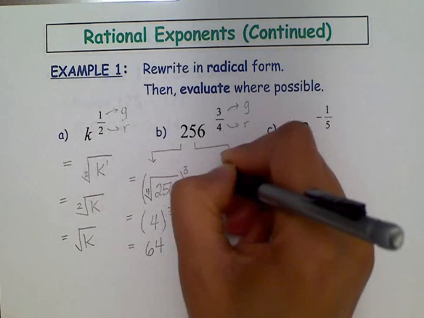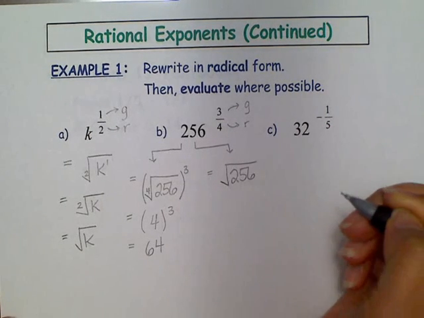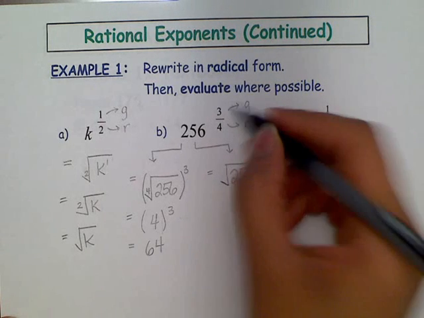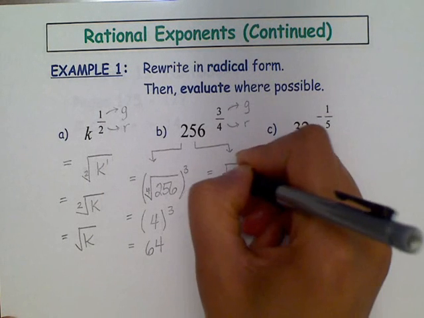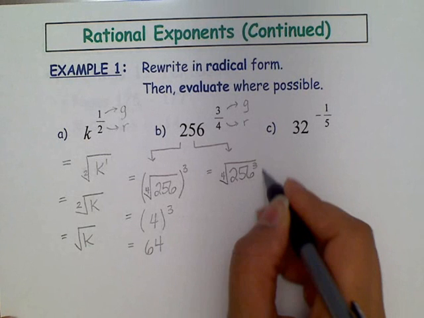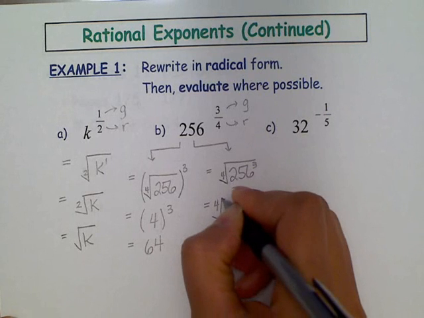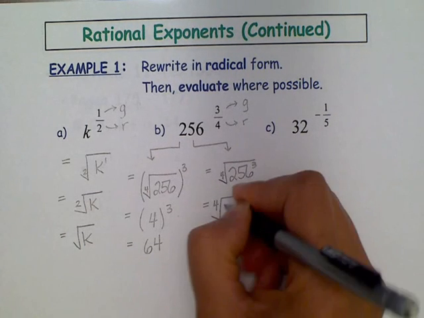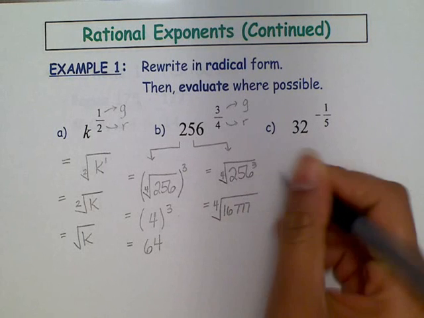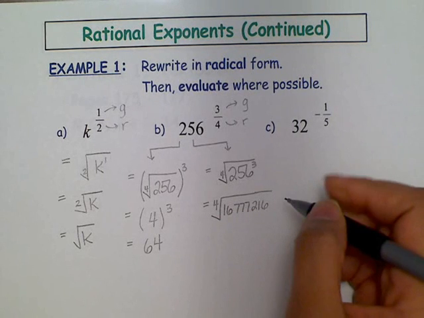Now, the other way of doing the same problem is by writing my radical with the 256 as my radicand. But now, looking at the exponent part, I can look at the growth first, so apply an exponent of 3 here, and then look at the root after. What this means is I need to evaluate what's underneath the radical sign first, and then find the fourth root. This is going to be really messy because 256 to the exponent 3 is probably going to be a really big number. If I do that on my calculator, I get 16,777,216. Now I have to evaluate the fourth root of